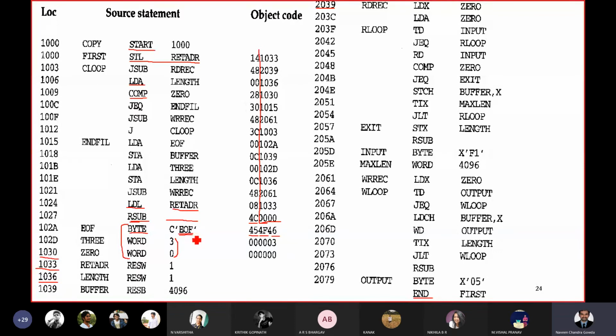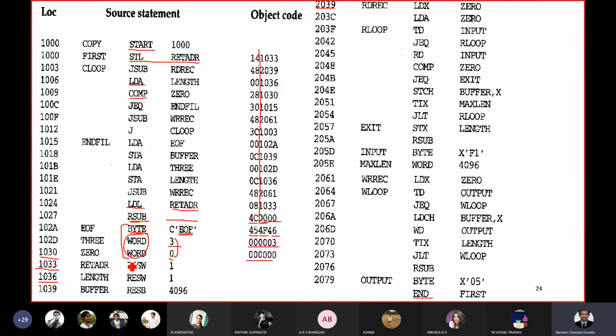So EOF is 45, 4F and 46. In the same way, 3 itself will be the object code, and 0 as well, but you should write them in 3 bytes, because you allocated 3 bytes for these.